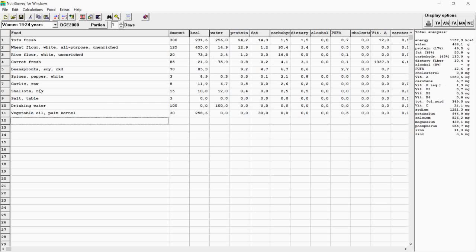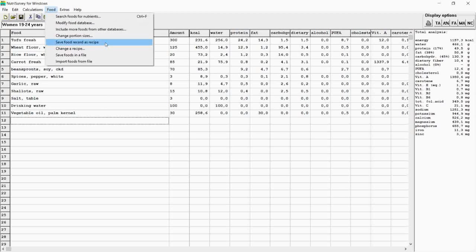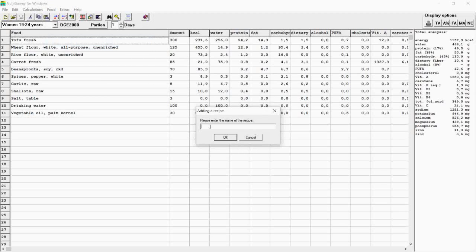So for saving this recipe as a recipe inside the NutriSurvey, you may click food, this one, save food record as recipe, and then we enter the recipe name. For example, fried tofu with vegetable.